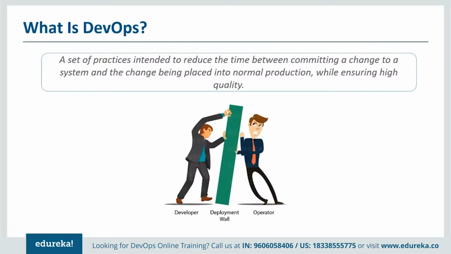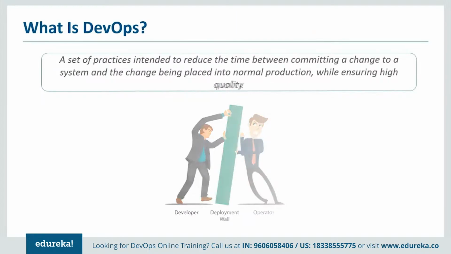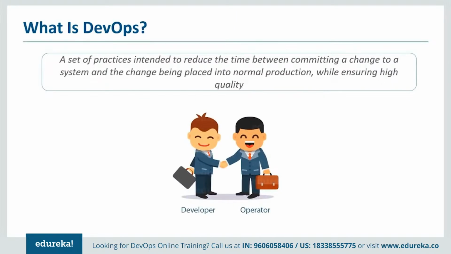So you do the deployment, you take care of everything. The operations, if they face any challenges, start pushing it back to the developers team. Looking at a very small thing, okay, if I can solve something very quickly, that's fine. Otherwise, I'll start pushing it back to the developer team, saying that this is not working. So there is a lot of friction and a lot of miscommunication that happens in this kind of environment. The way to solve it is that both of us, the developers and the operations, work together as a team.